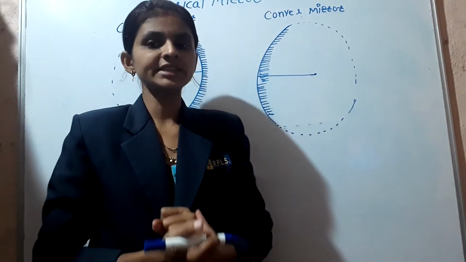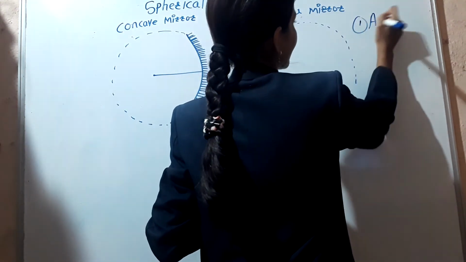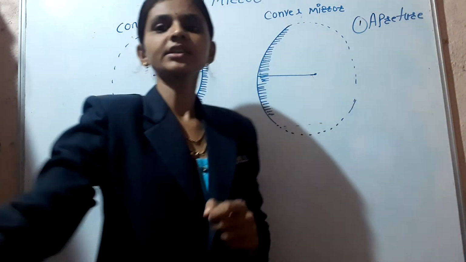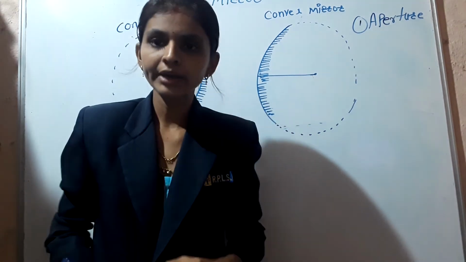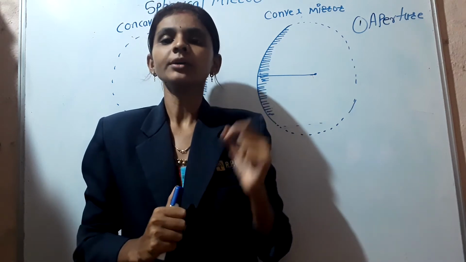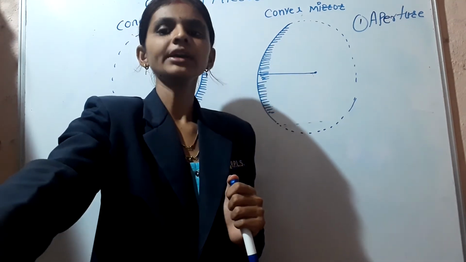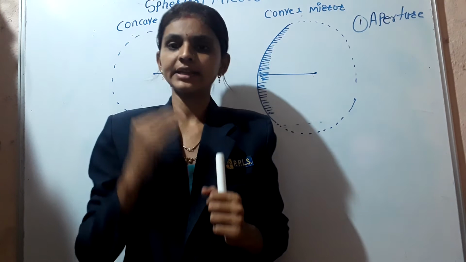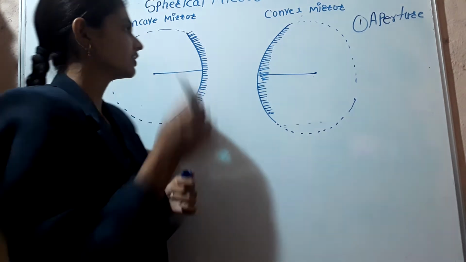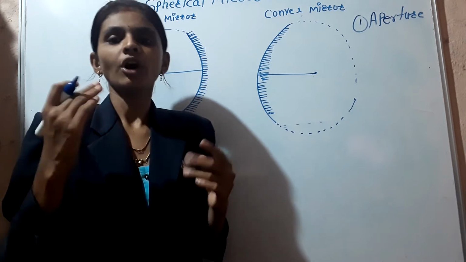The first point we will discuss related to the concave and convex mirror is the aperture. Aperture is the effective width or distance of the reflecting surface from which the reflection can be calculated. It is the effective width and distance of the spherical mirror from where the reflection can take